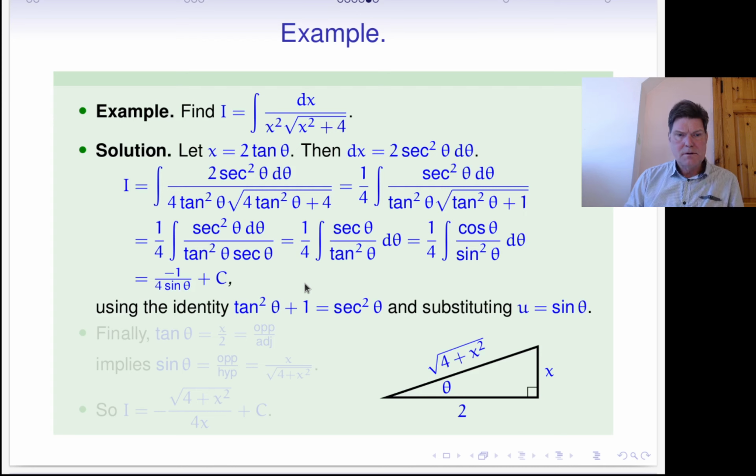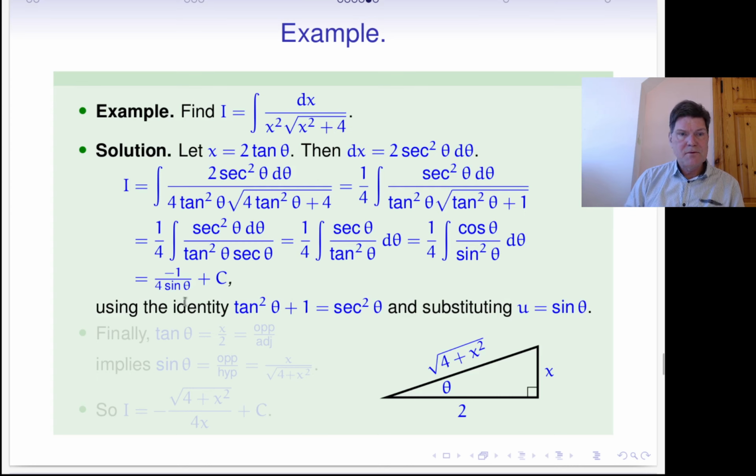And you see how we've used this version of the trigonometric identity. Tan squared theta plus 1 was replaced by sec squared theta, and then the square root was extracted, and briefly at the end the substitution u for sine theta. But we're not done yet. We still need to